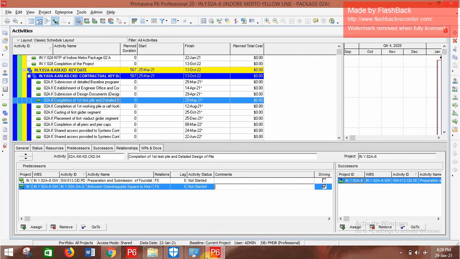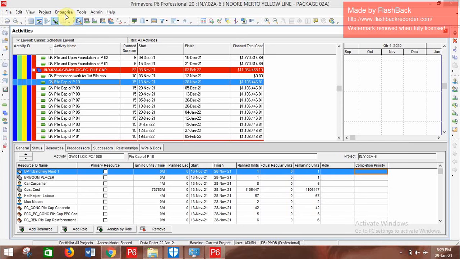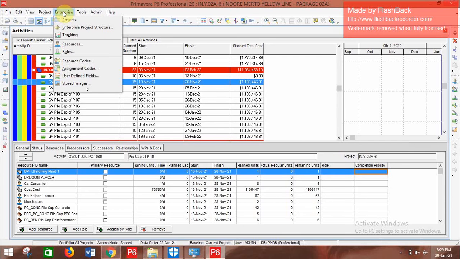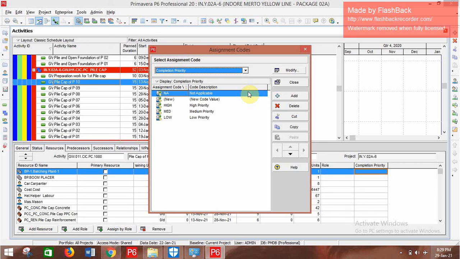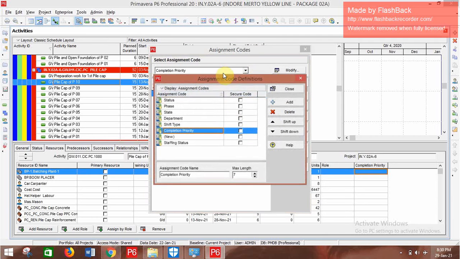The new addition in Primavera 20.12 is that when you go to Enterprise, you can see Assignment Codes. This assignment code is going to plug into your resource sheet. If you go to assignment code, here like completion priority, you can even modify it, so you can add a new assignment code like payment type.